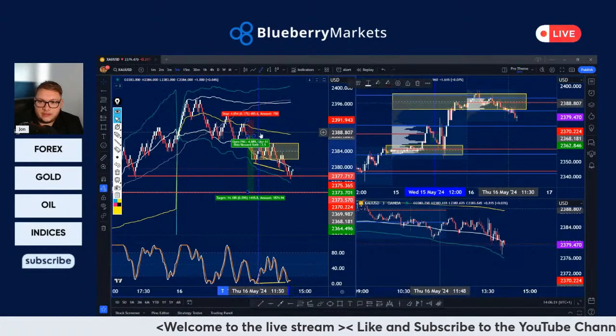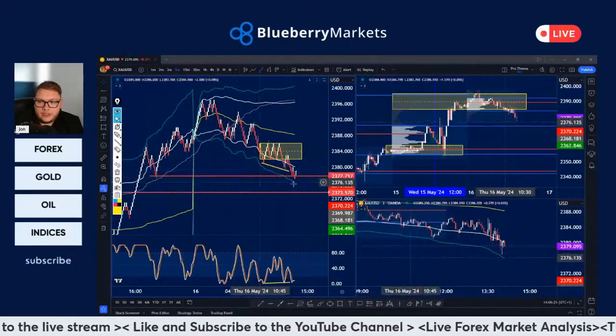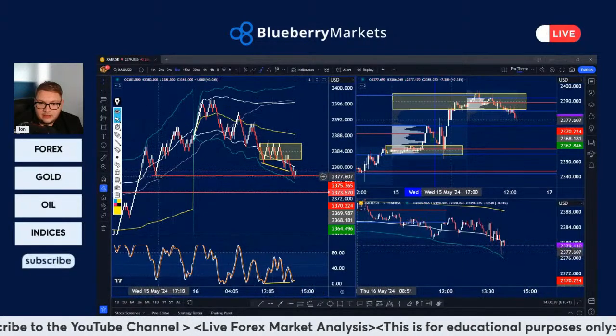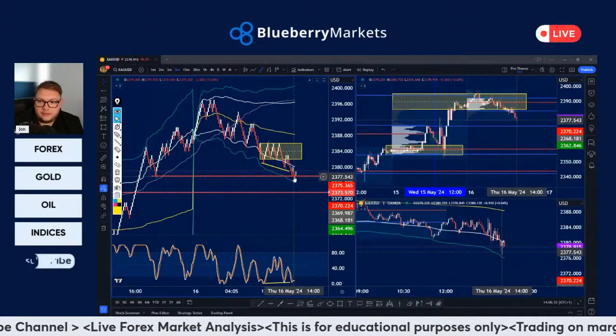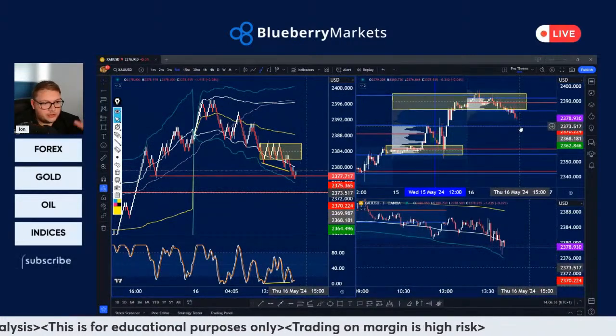Okay, so that's what I'm going to be looking at. I can take a couple of these things off now. But yeah, we'll see how it performs. If it doesn't break this low right now, that low there, then this could be the spot that price turns around. If it does, then like I said, I like the idea of price coming back into areas